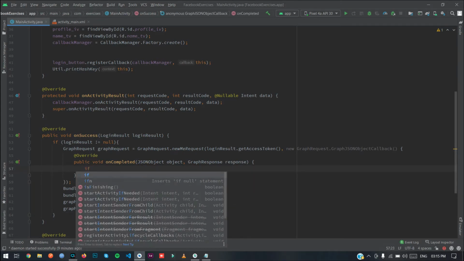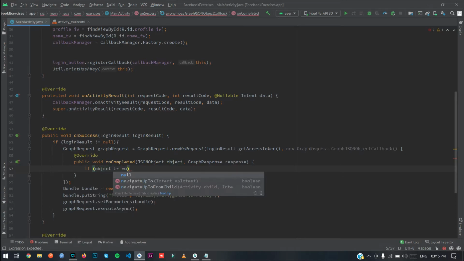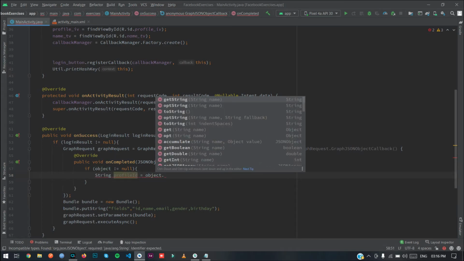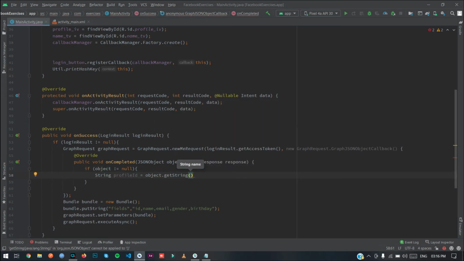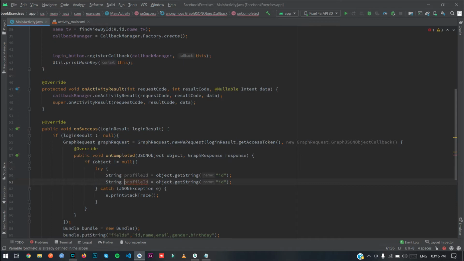So fetching the data, first check that object not equal null, then type string profile id equal object dot get string. This is for the profile picture. Okay, so now press alt enter on the get string. Okay, fine. Now just press control D and